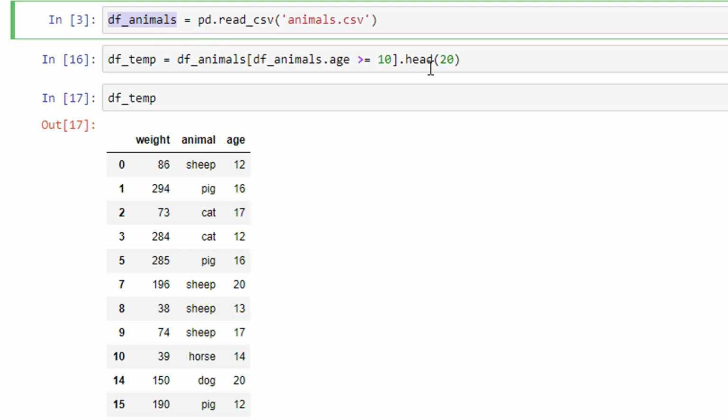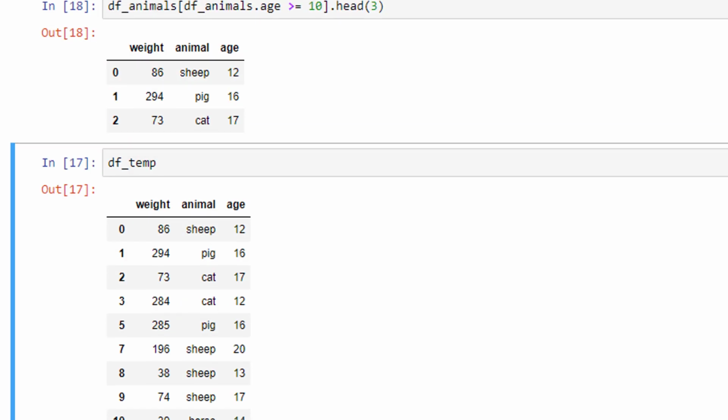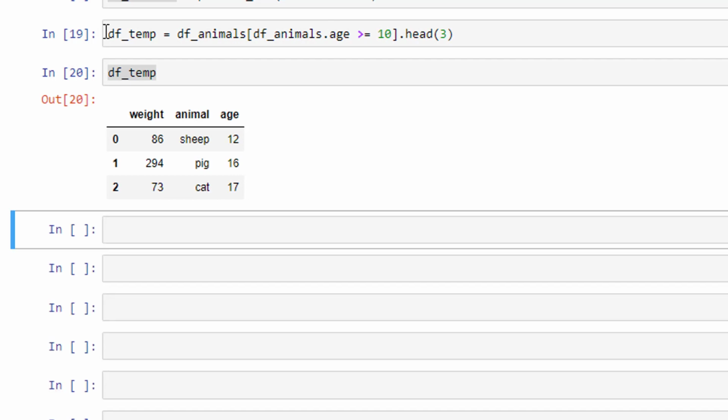The other thing, and this is the reason really why I wanted to point this out, if I just pull this back to say showing just 3 rows, often a common error is to do something like this and you get an output. Of course we're not setting this equivalent to anything, so it's just showing us the result of this statement here. And later on when we do grouping and sorting, it'll be really important to be aware of this fact. This cell is now saying just print to the output the result of this expression, which is the first 3 rows of the animals data frame where the age is greater than or equal to 10. In our case we wanted to actually store that copy in df_temp